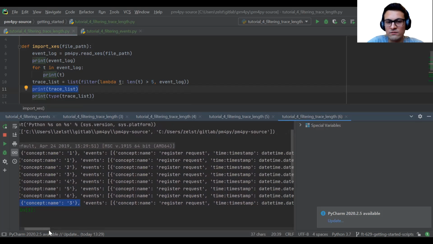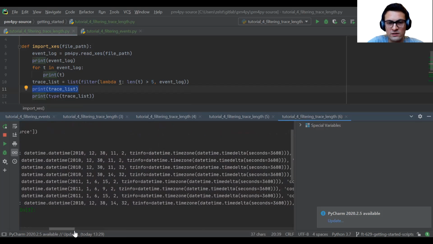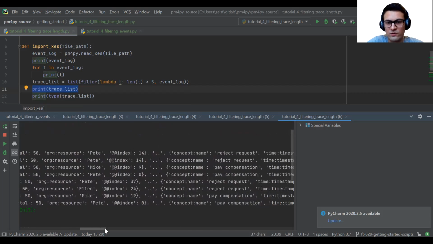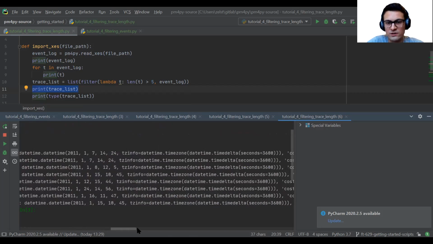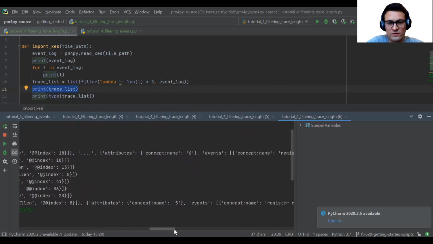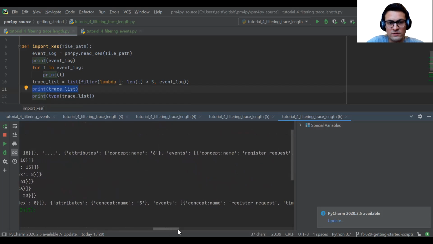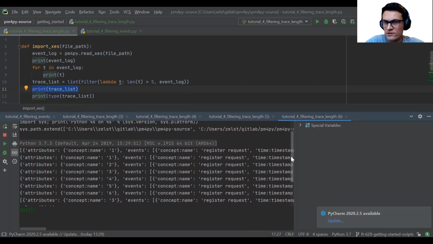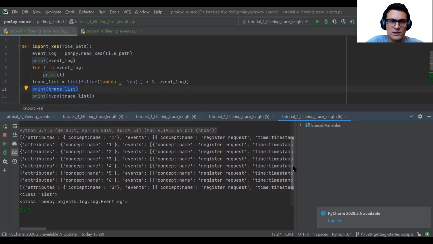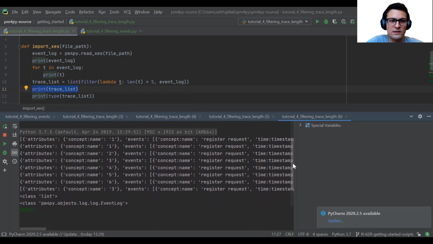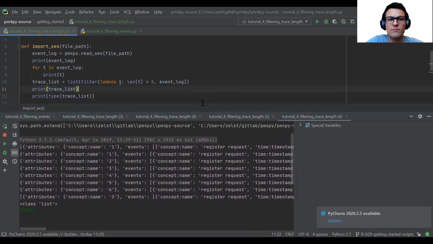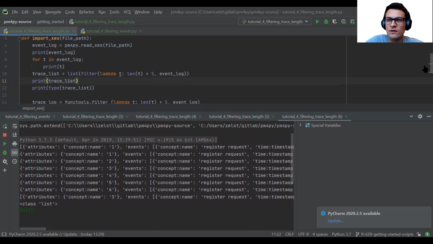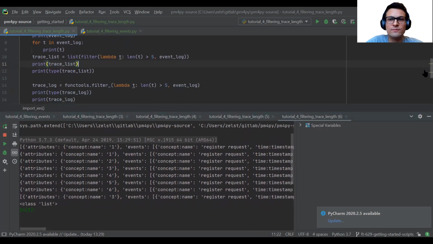And if you take a look at the events, you see that there's a register request at some time. I'm not sure if we see all the events for that specific trace. No, it's not there. Maybe there could be another trace. But the point is that if you take a look at line 12,